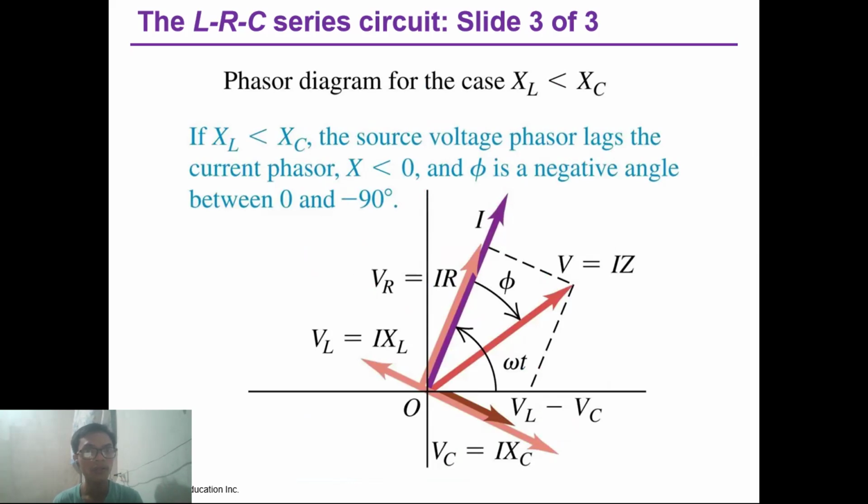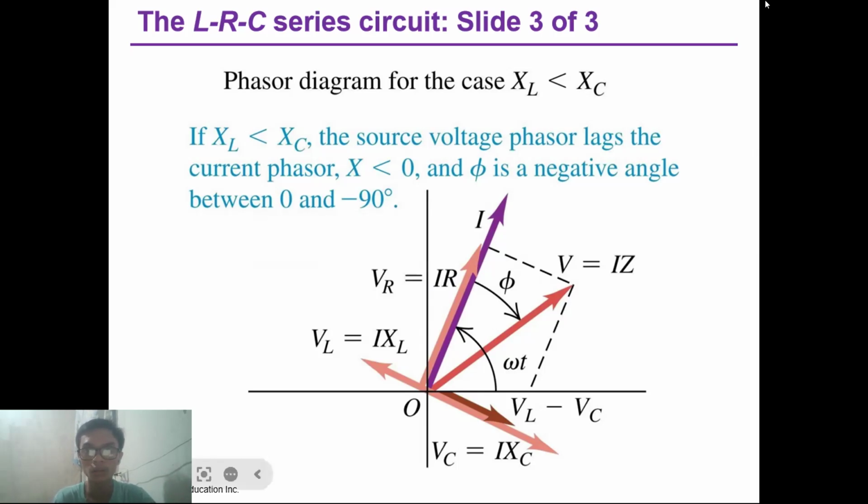So we have here a phasor diagram for the case in which the inductor is less than the capacitor. If the inductor is less than the capacitor, the source voltage phasor lags the current phasor, in which X is less than 0, and the angle is a negative angle between 0 and negative 90 degrees. So the phase angle between total voltage and current is given by tan,